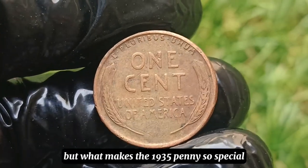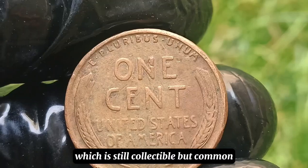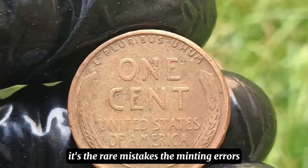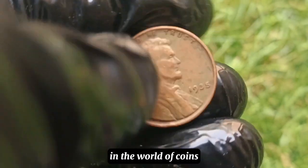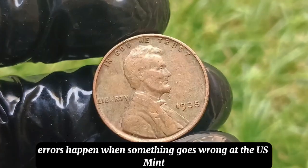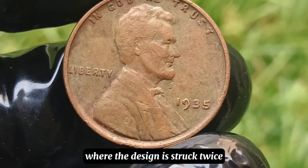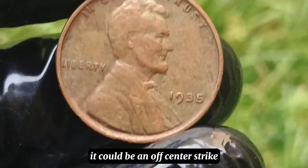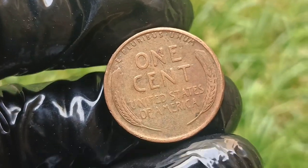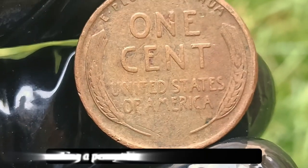But what makes the 1935 penny so special is not its normal version, which is still collectible but common, it's the rare mistakes, the minting errors, that transformed some of these little cents into priceless treasures. In the world of coins, errors happen when something goes wrong at the U.S. Mint. It might be a double die, where the design is struck twice slightly off, giving the coin a doubled image. It could be an off-center strike, where part of the design is missing because the coin wasn't placed correctly in the press. Sometimes the wrong planchet, or coin blank, is used, making a penny struck on a dime or